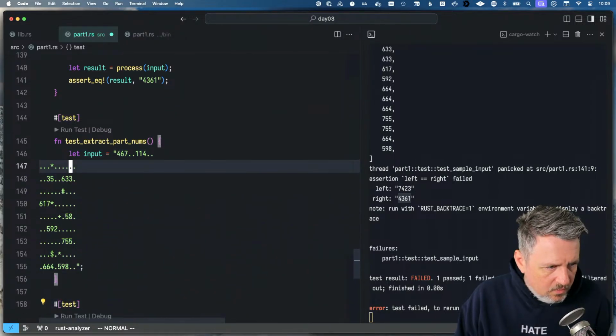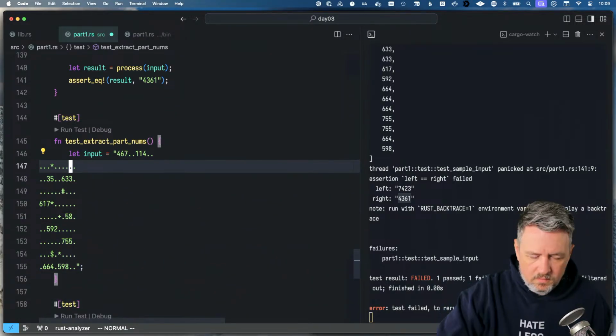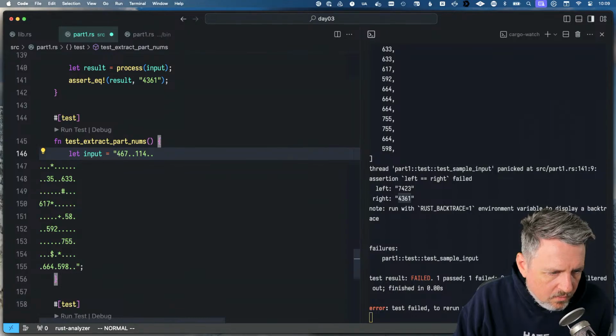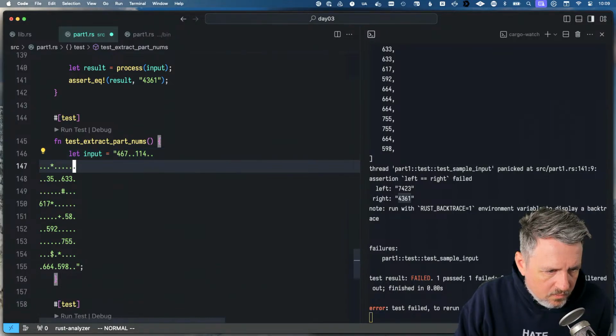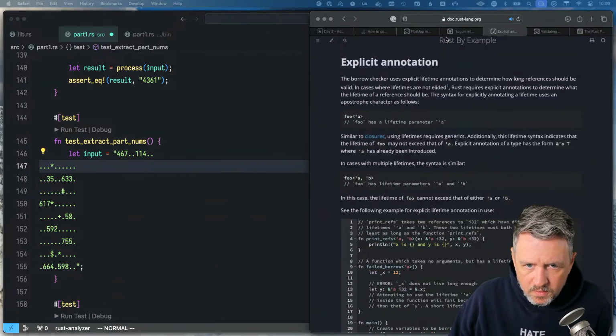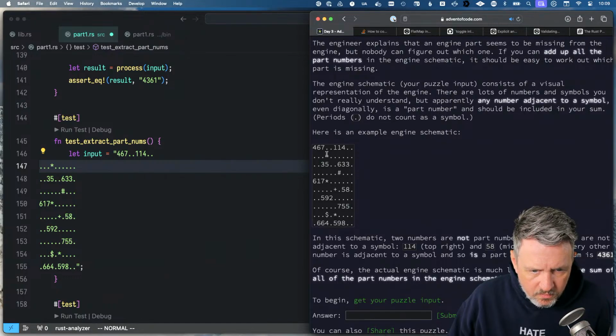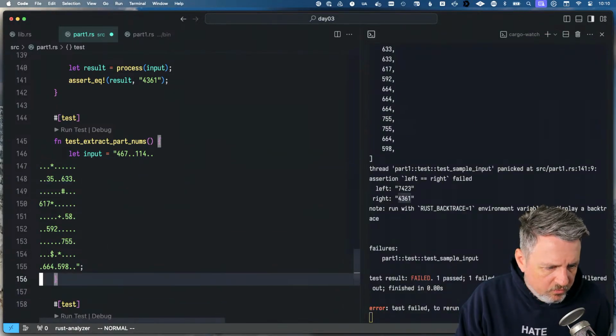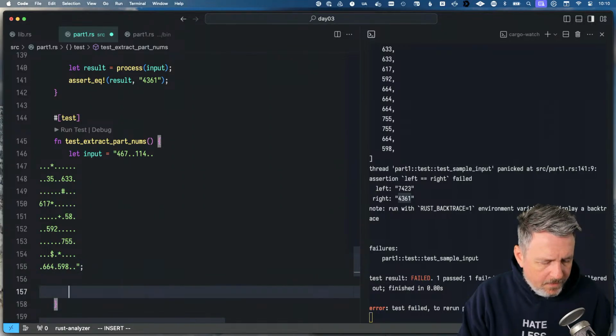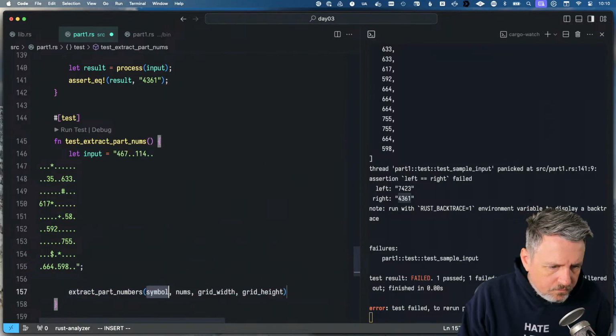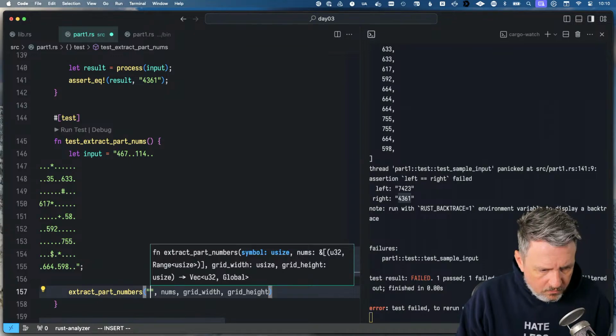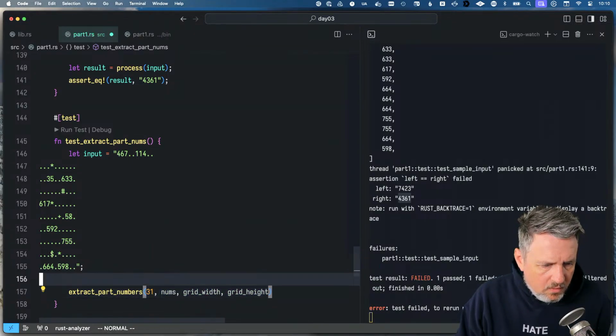So in this array, it's kind of hard to read here, but we can read it here. So this is 9, this is 10, 11, 12, 13. So if we extract part numbers for 13, and we have